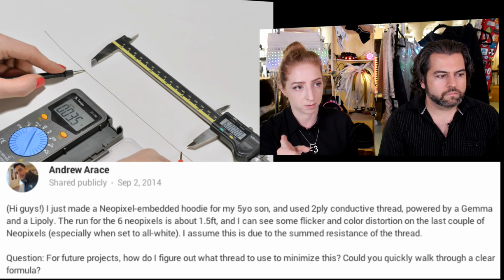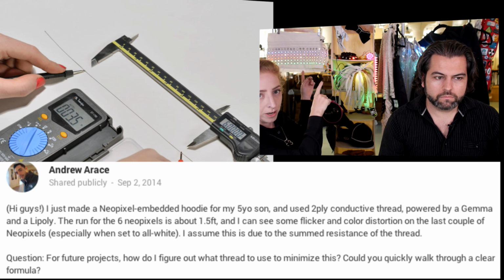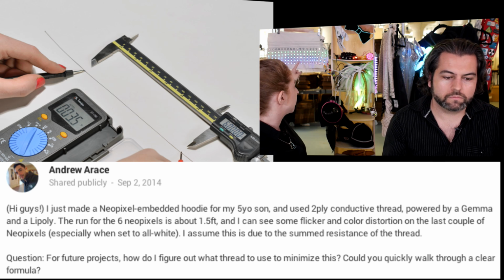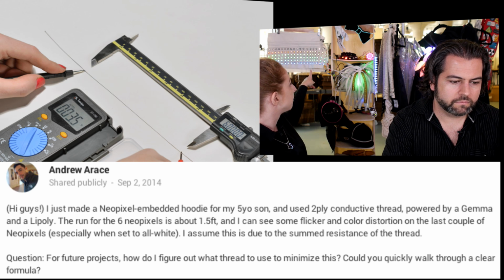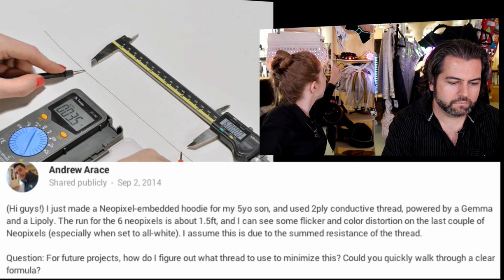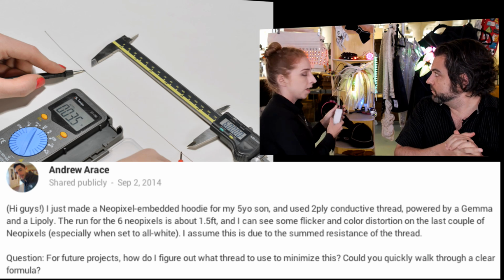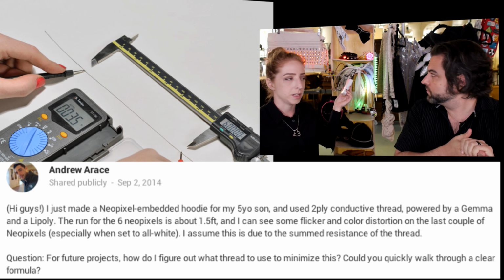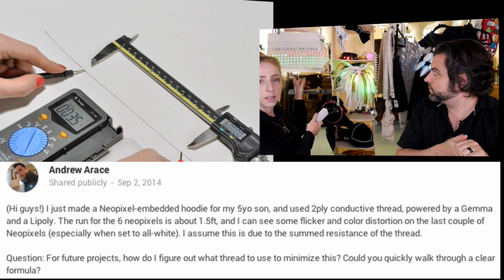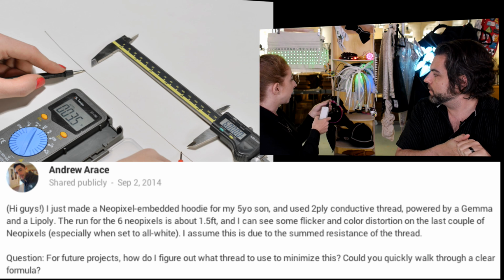I have a couple more tips for this for Andrew though. So I put this for you. See how we have this textile display. The top row isn't sewn in yet, so it's not going to be on anyway, but this is several dozen NeoPixels, and they're being powered. I wanted to do a live demo. This right now is being powered by one of these USB power bricks, and you can see that the color is pretty stable. It's not doing white, and you would see some pinkening if there was some white there,